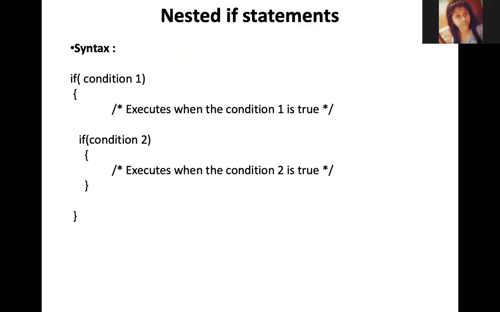Okay, now the next one is the nested if statement. Nested if means if we are writing an if inside an if, that is known as a nested if. If your if statement is enclosed in another if statement, that is known as a nested if statement. For example, suppose you have gone on a trip,